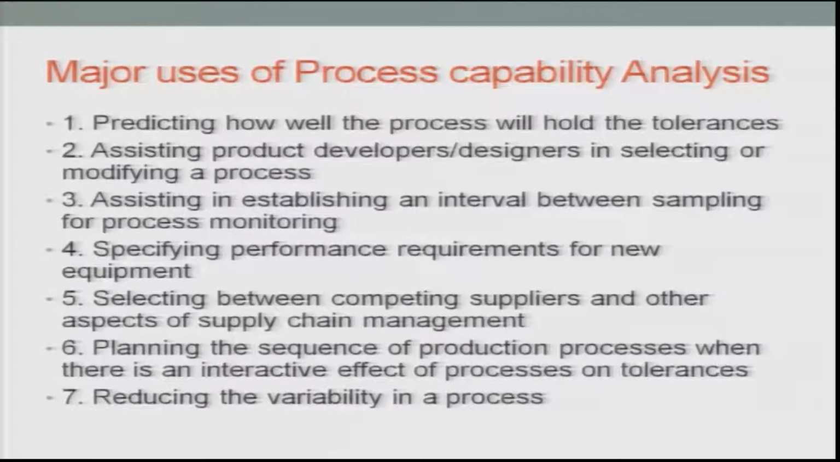Major uses of process capability analysis are predicting how well the process will hold the tolerances, assisting the product development designer in selecting or modifying a process, assisting in establishing an interval between sampling for process monitoring, and specifying the performance requirements for new equipment, depending on whether new equipment is coming or not. We should also look at the major uses of process capability, which include selecting between competing suppliers